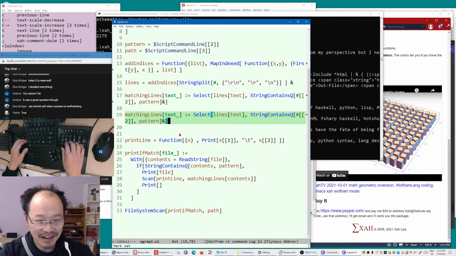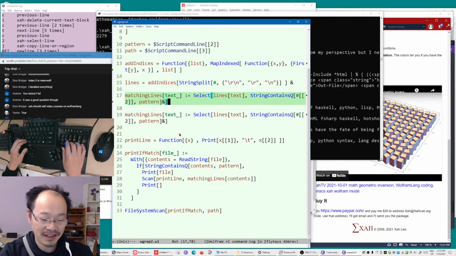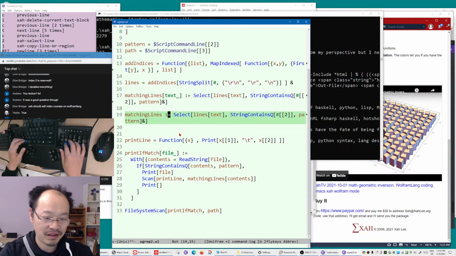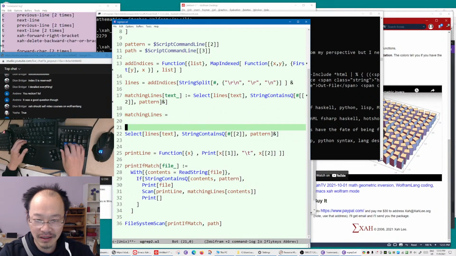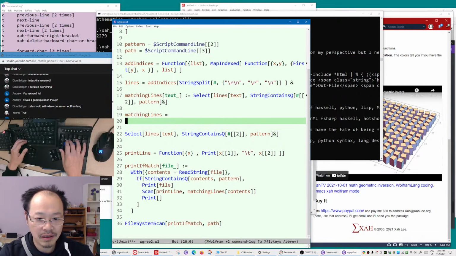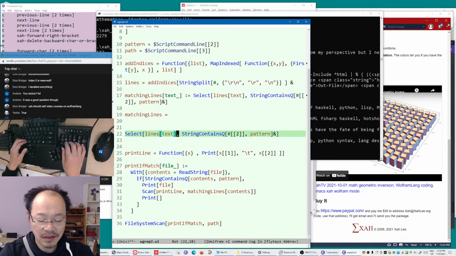Okay, so now I'm going to rewrite this line without pattern matching. Let me just go faster. So rewrite that line without pattern matching. So text is the argument. Where does text occur? So text occurs there. So what this does is